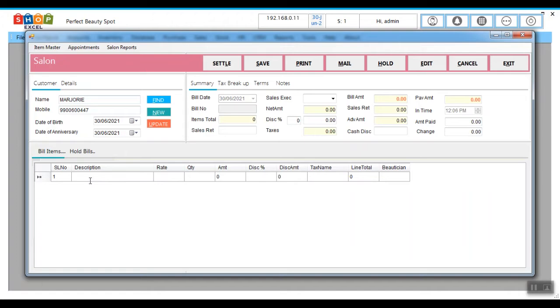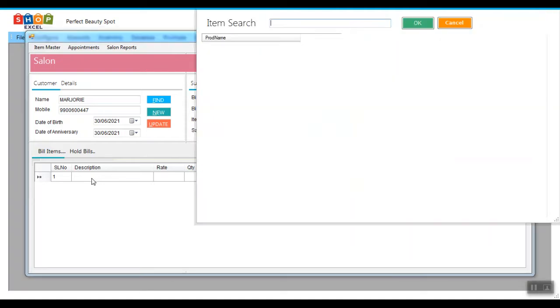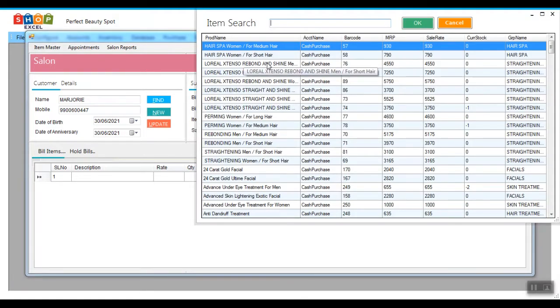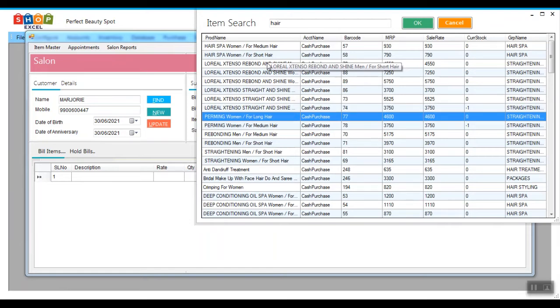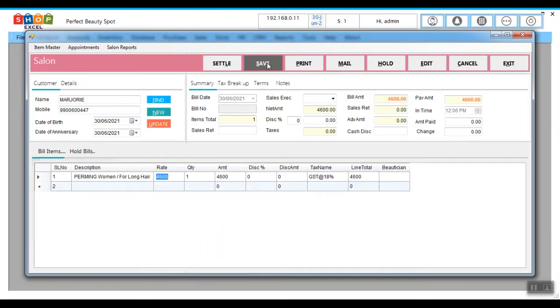Select this one. Under description, you need to click on spacebar or F9. I click on spacebar, it will give you the item search screen. There you can select the item. Automatically rate will be picked from the item master.